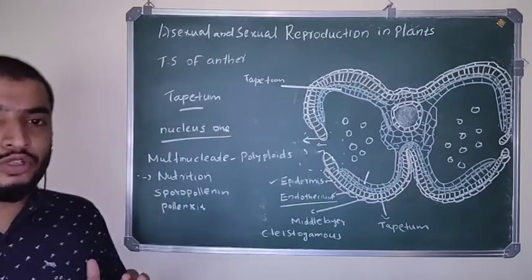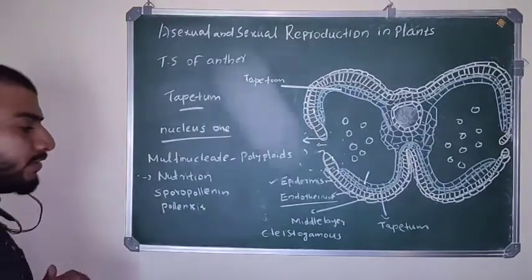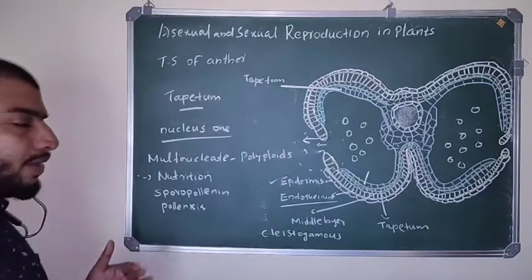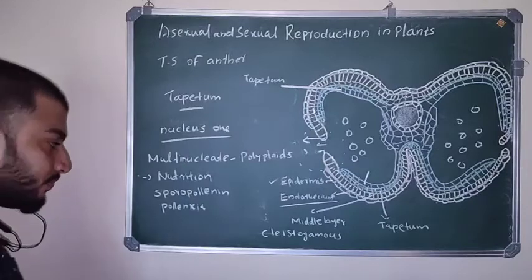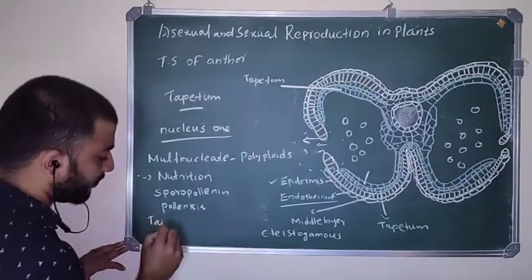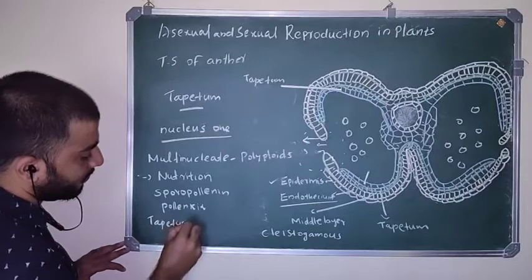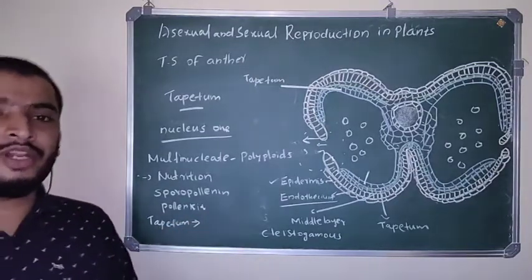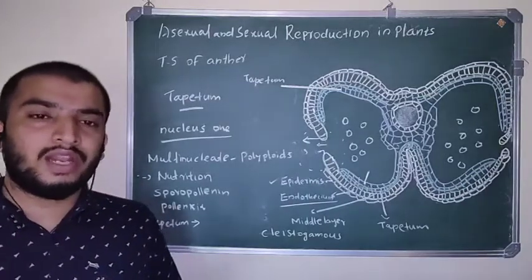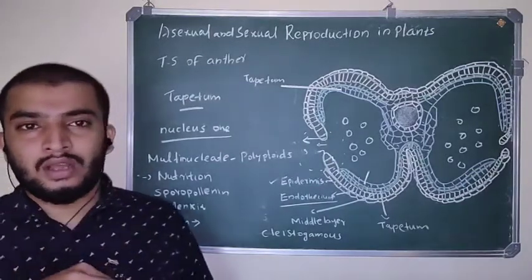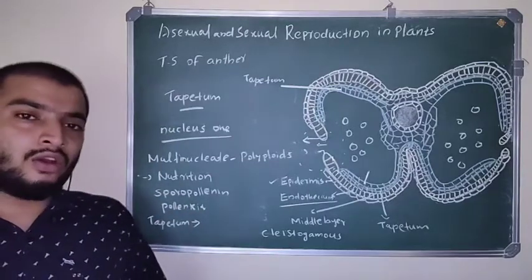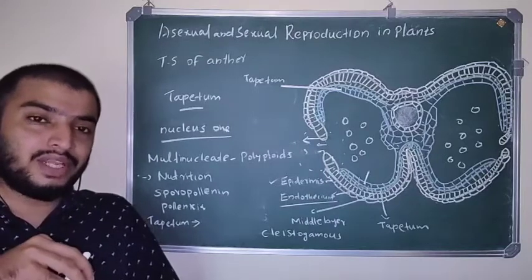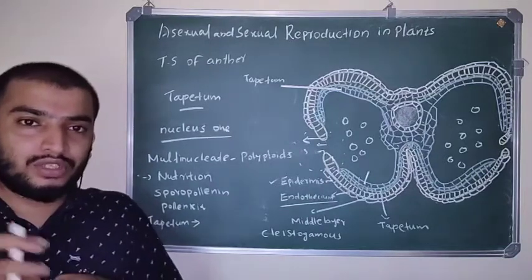Okay, so sporopollenin and pollen kit, their development takes place with the help of tapetum cells, and tapetum also helps in the formation of certain inhibitory enzymes. You know, pollen grains, when they reach the stigma, they try to germinate. If they do not reach the right stigma, the pollen grain will be rejected. So how does this mechanism work?